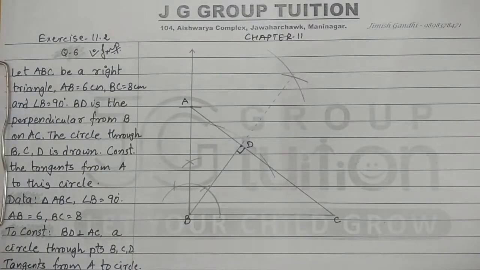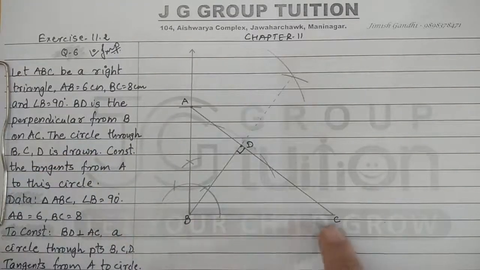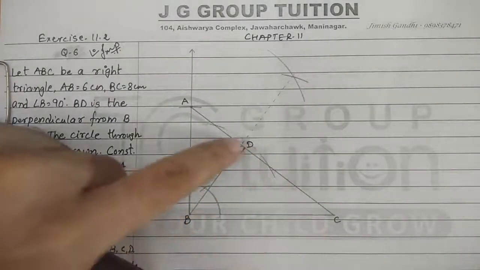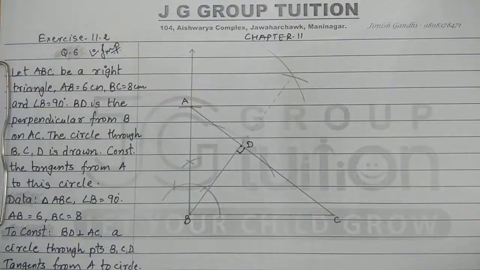Second, it is said that we have to construct a circle which passes through points B, C और D. B, C और D में से पास होता हुआ एक सर्कल बनाना है. Now how to construct this? For that we have to remember the 9th standard chapter circle. We discussed how we can obtain the center of the circle. So it is almost the same way.